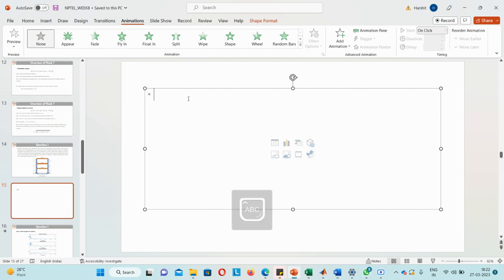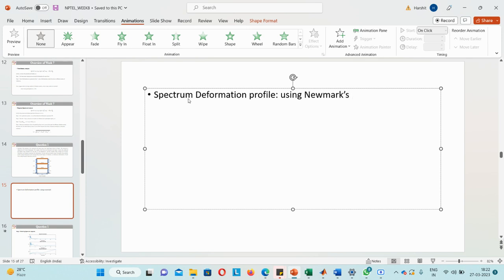First, we'll form the spectrum deformation profile. How? Using Newmark's beta method. This we saw a couple of weeks back, but in that question we saw it for a constant ground acceleration. This time it is continuously changing ground acceleration. So first is this. Second step is to obtain mass and